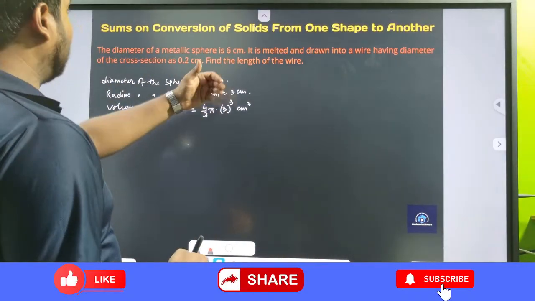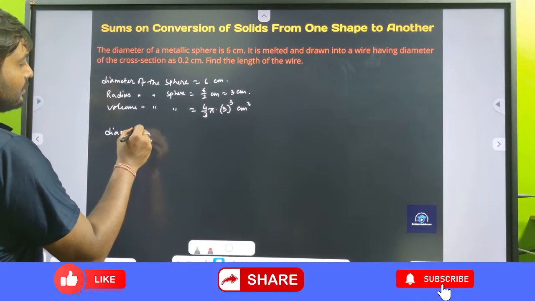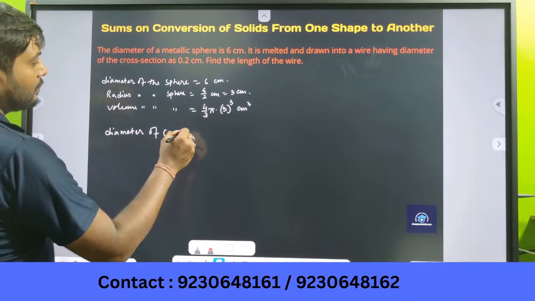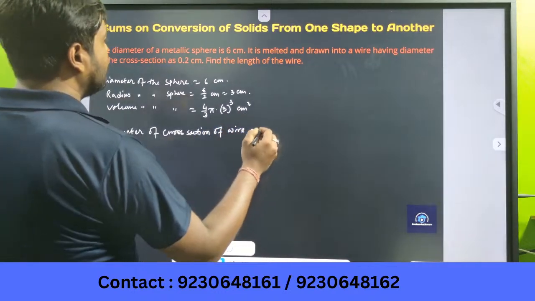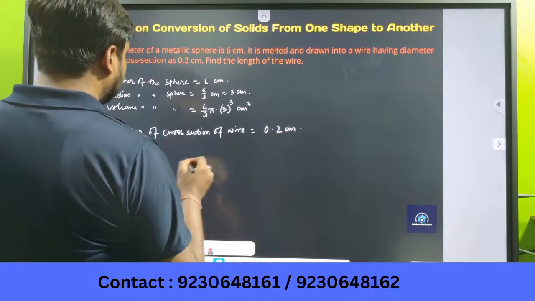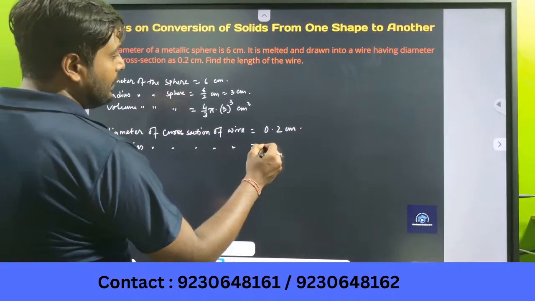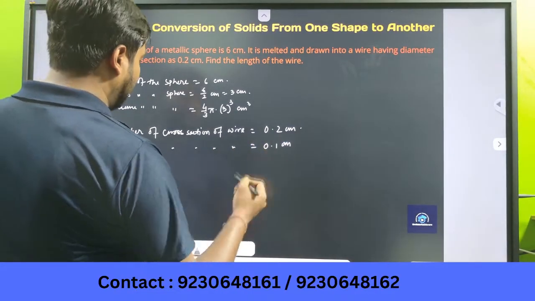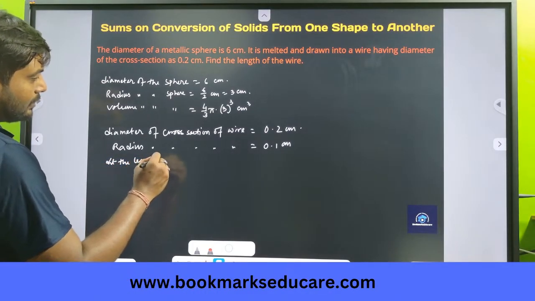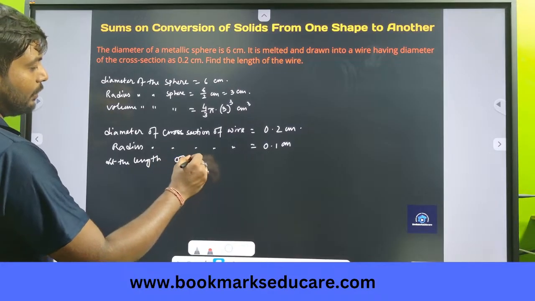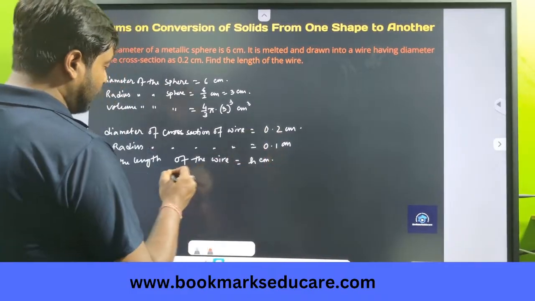Let's find the cross section. The diameter of cross section of the wire is 0.2 centimeter. So radius of cross section of the wire will be 0.1 centimeter, simply half. And let the length of the wire be h centimeter. So volume of the wire will be